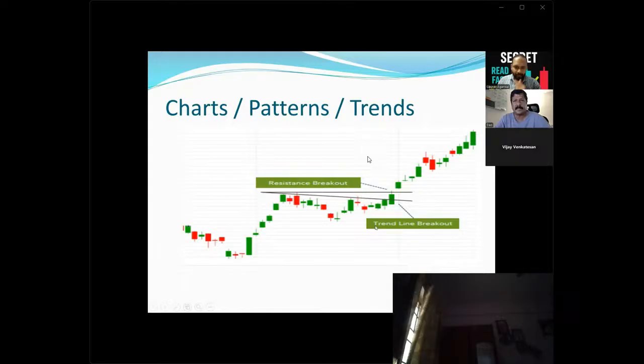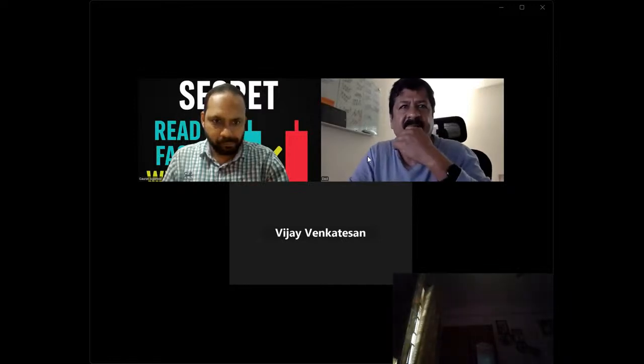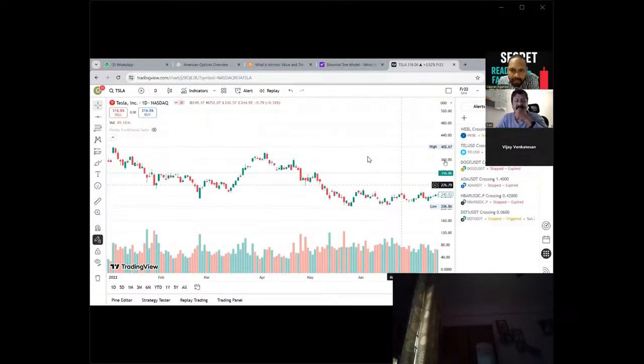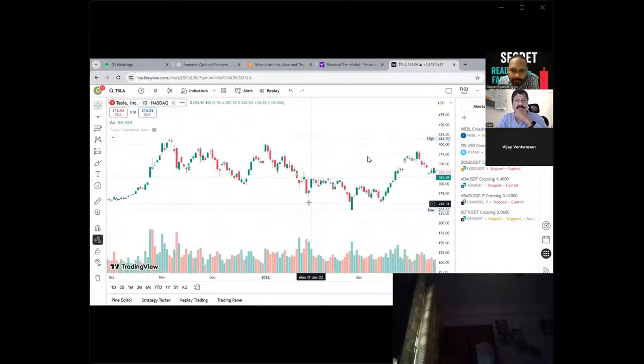Do you have any idea about breakouts and breakdowns? Breakout is when, say there is an uptrend, then a downtrend, which is the correction, and then it crosses the previous high, then it's a breakout. When a higher high forms, then it's a breakout. I will show you directly on the chart.